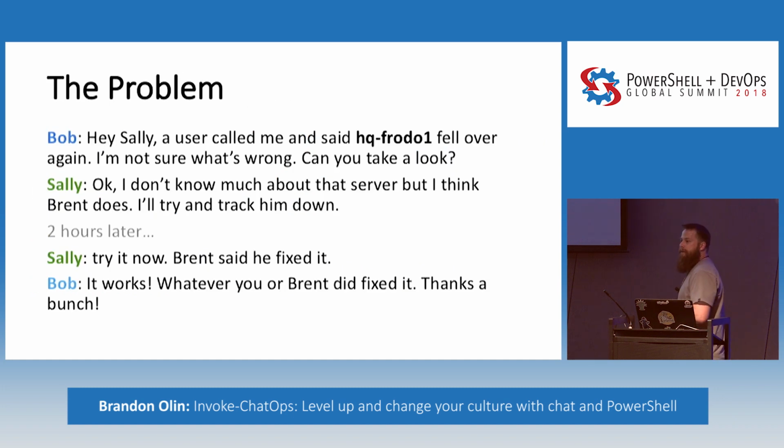This is an example problem, the typical Brent problem that ChatOps is trying to solve. So imagine a fictional user named Bob. He has a problem, and he calls the help desk or chats with someone on the help desk named Sally and says, something's wrong with this server. I don't know what's wrong. Can you look at it? Sally is a help desk person or some type of operations person, and she doesn't know what that system is. Brent, our favorite person, does, and maybe he can help with this. Two hours later, magic happens. The server is fixed. Bob is happy that his problem was resolved. Sally is happy that the problem went away and she can close the ticket. But